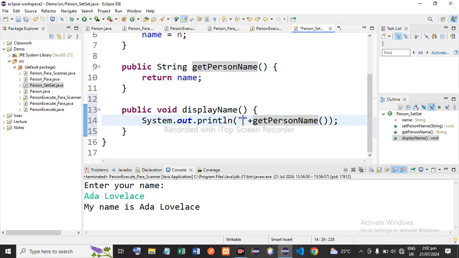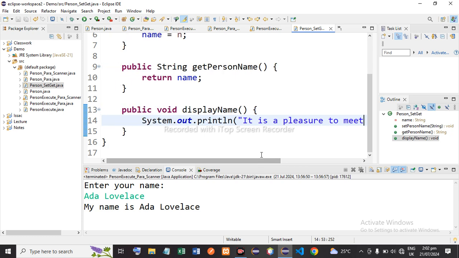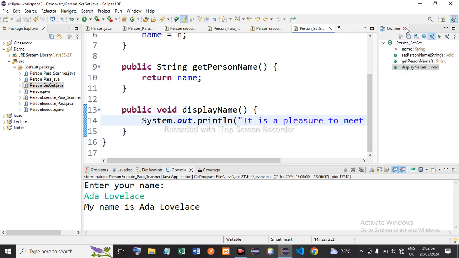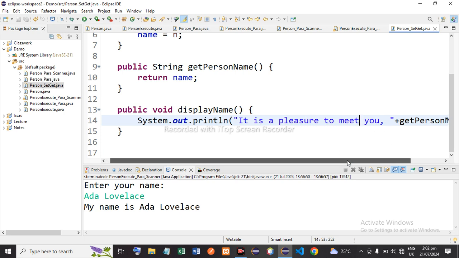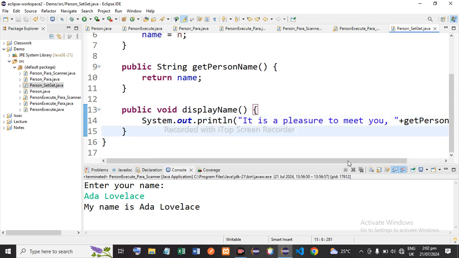So we concatenate that. Then we have "It is a pleasure to meet you," comma, and then you get the person name. Remember to close the bracket and terminate it at the end. All right, so now that we have created that,